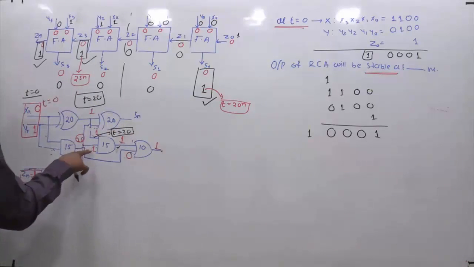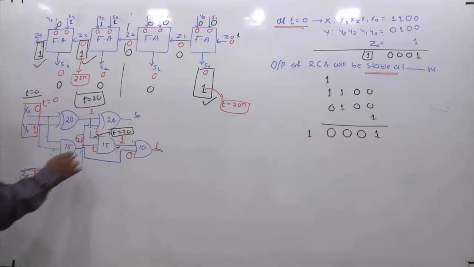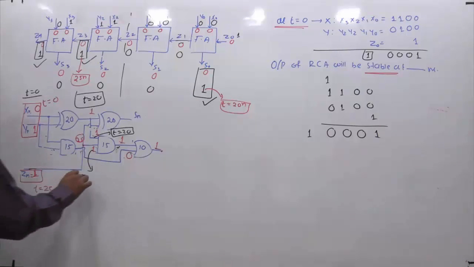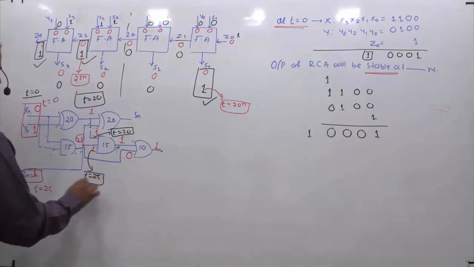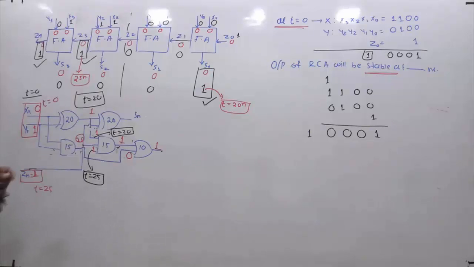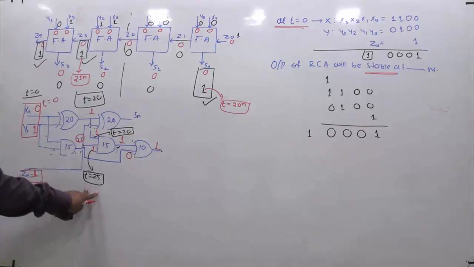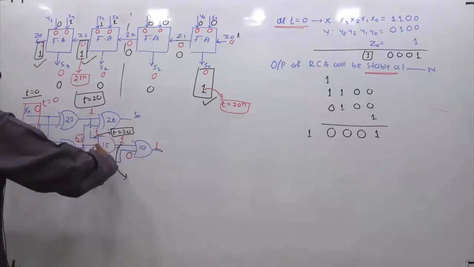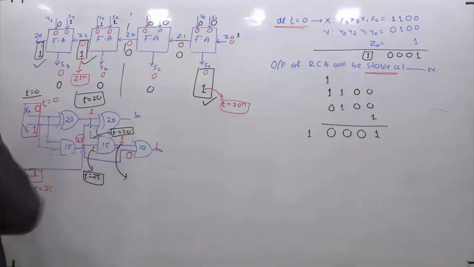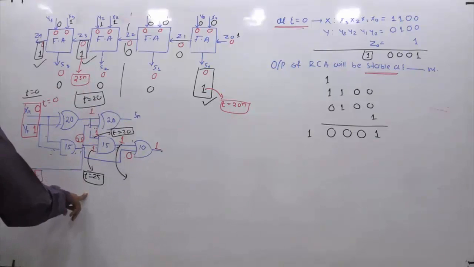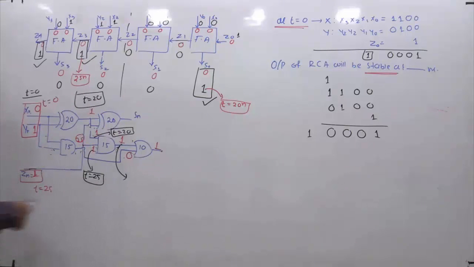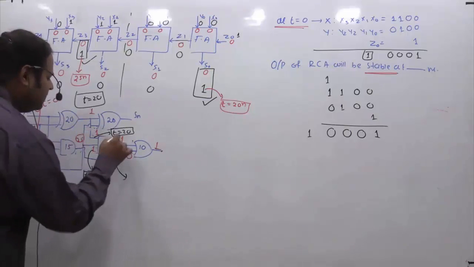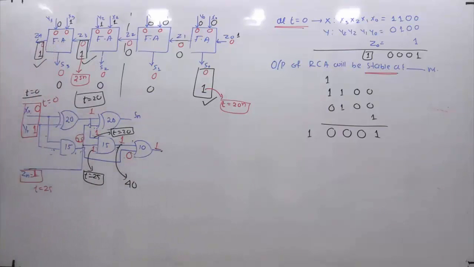Now if I ask you when this one becomes available, at what time? At t equals 25 nanoseconds. So initially whatever state it had, the new state you are getting at 25 nanoseconds. If I ask you at what time you will get this one, the answer is you are getting both of the inputs at 25. I cannot say 20, because if I am checking 20, this is not available to me. So both inputs are available at 25 and its own delay is 15. So 25 plus 15, you are going to get this at t equals 40 nanoseconds.